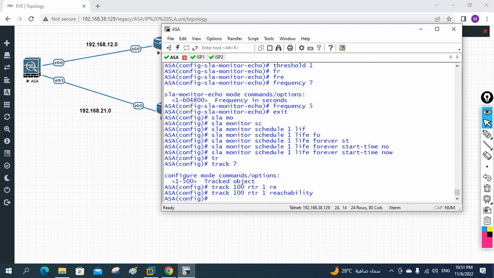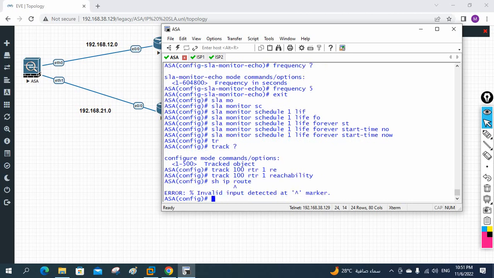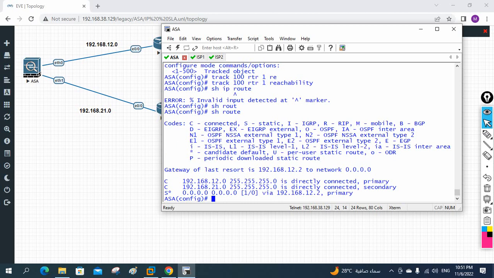After that we need to create the route. Before, I think I did the route, so let me check. Show IP route. I will remove first of all. Show route, I will delete whatever route I configured before. I will write no route